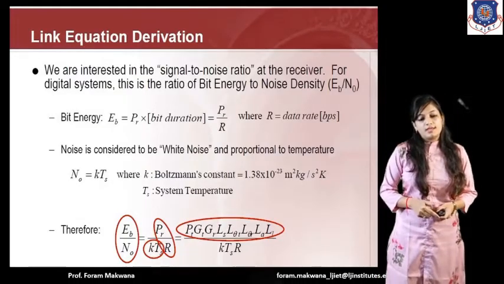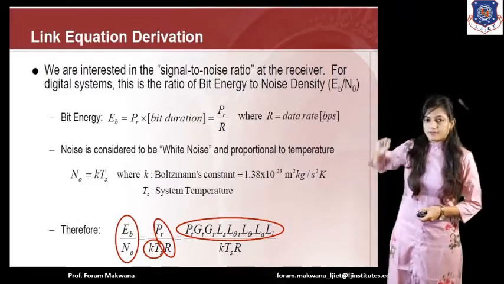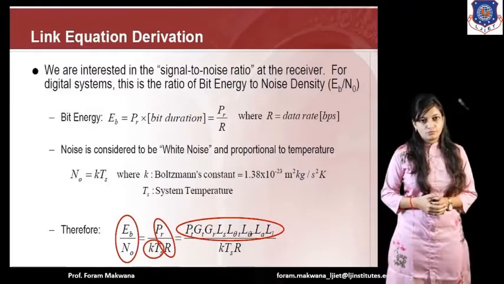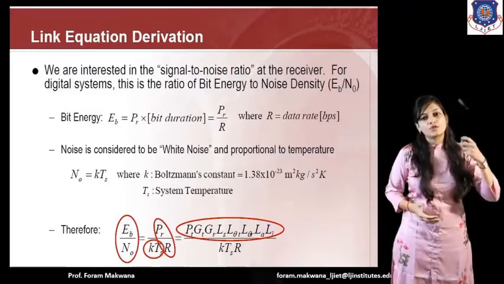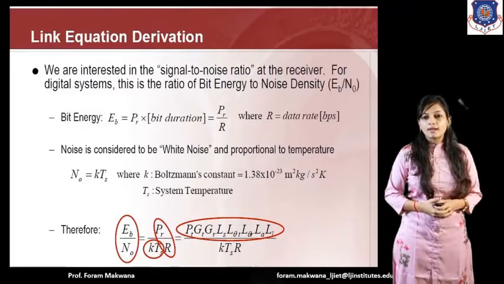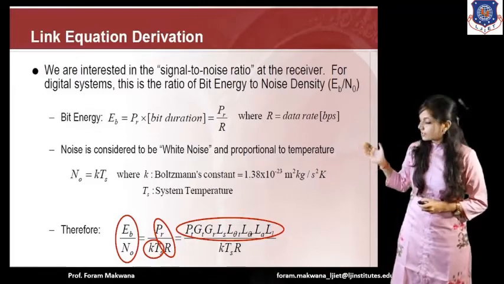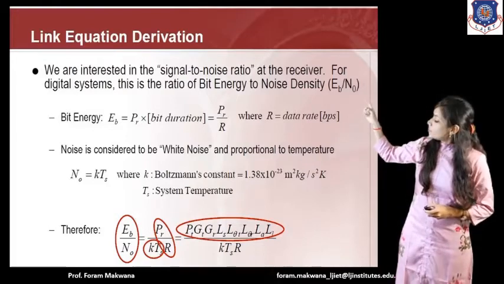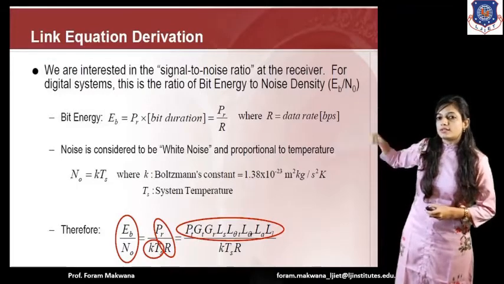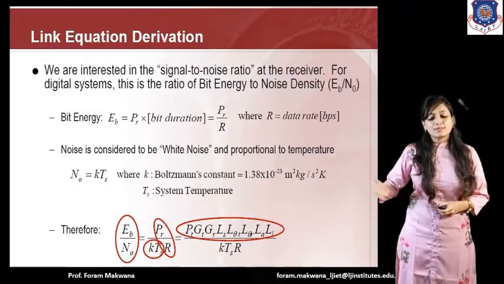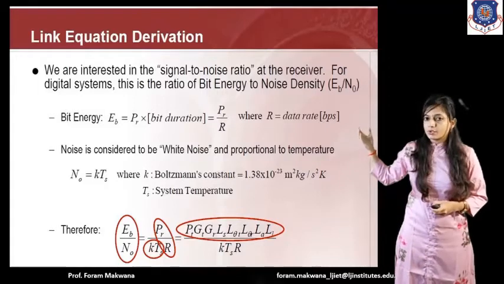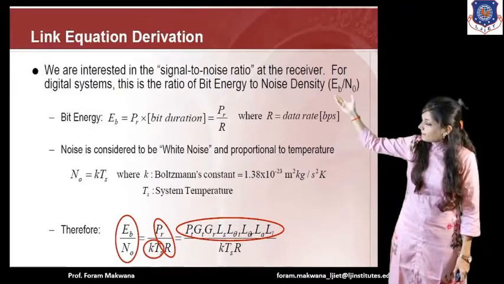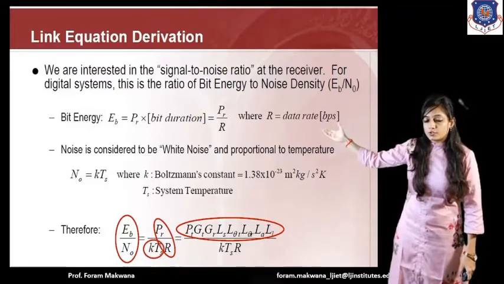Now, as we derive the link equation, we are interested in the signal to noise ratio. That means the ratio of signal power divided by noise power. So for a digital system, what are we going to calculate? We are going to calculate the ratio of bit energy to the noise density. Right? So what is my bit energy and how to calculate it? For bit energy, which is represented as EB, EB is equal to PR